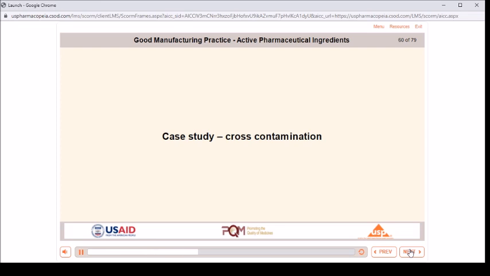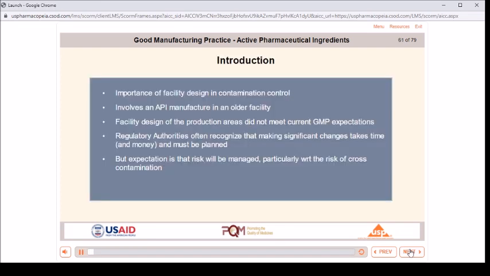Case study, cross-contamination. This case study illustrates the importance of facility design in the control of cross-contamination. It involves an API manufacturer operating in an older facility in which the design of the production areas did not